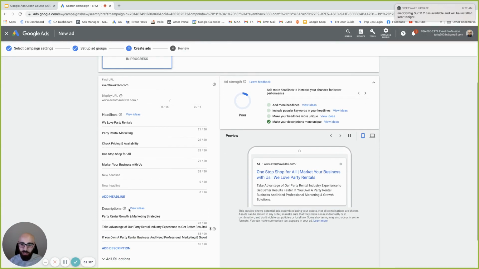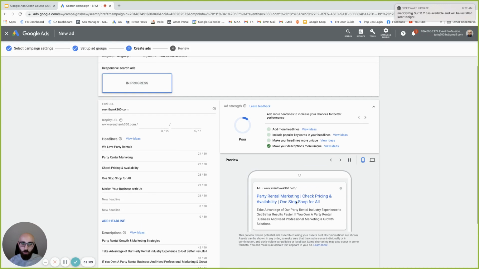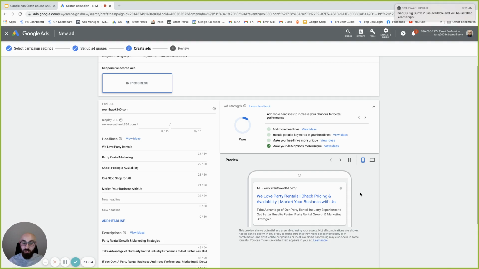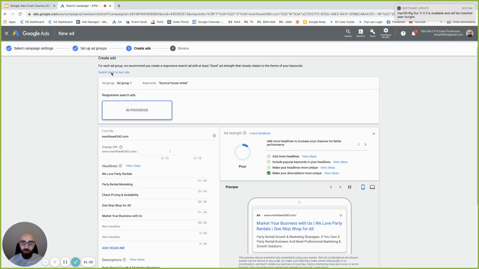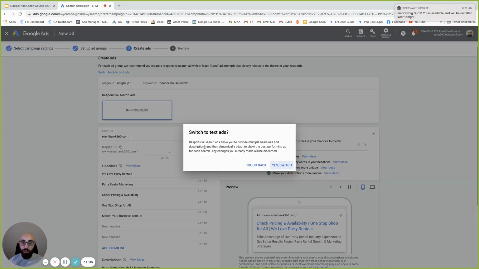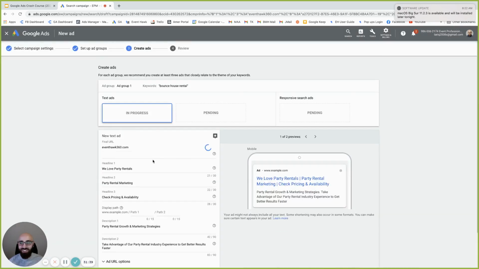And now we did the ad group. We put the keywords. Now we're going to set up the ads, okay? So this is the ad. And by default, Google is now showing you a responsive ad. So a responsive ad is where you put together a bunch of headlines, a bunch of descriptions, and Google will kind of, if you look here, vary them depending on what Google thinks people are going to click. Again, if you guys have listened to anything I said, I like to be in control. Okay, I know what my business needs. Anytime I've trusted Google, for the most part,